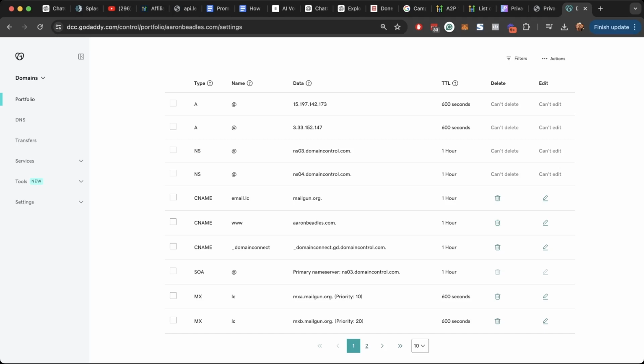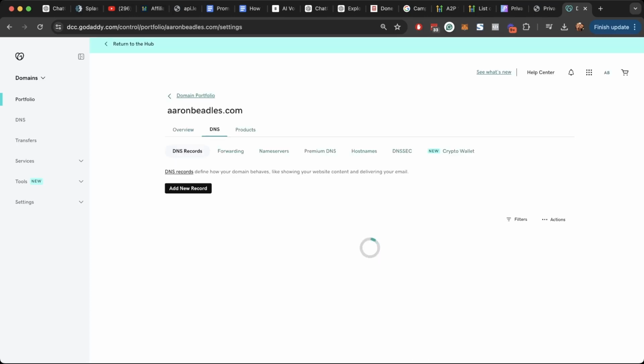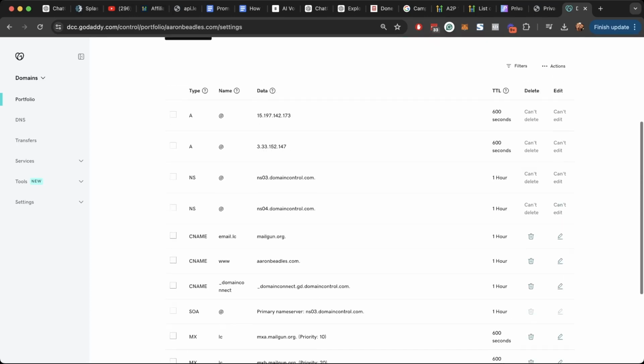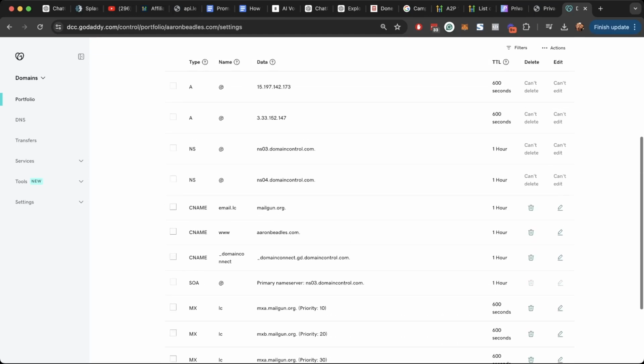So I'm going to change this. You can see down here it says 10. I'm going to change it to 50 just so we can see all the different records here. So as you can see, there's a bunch of different records here: A records, NS records, CNAME records, all these